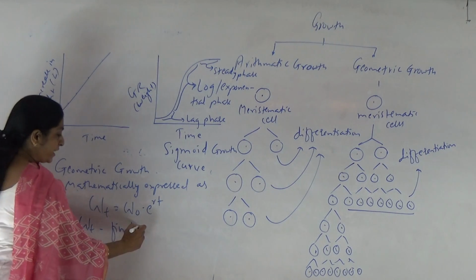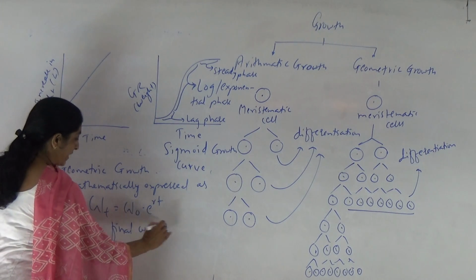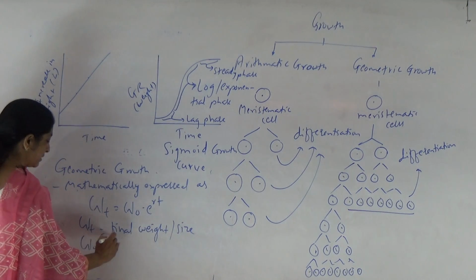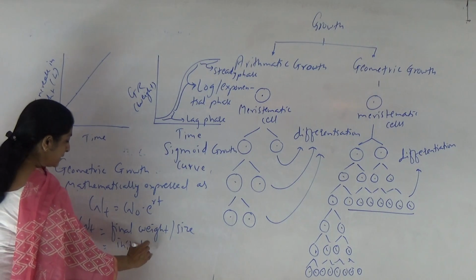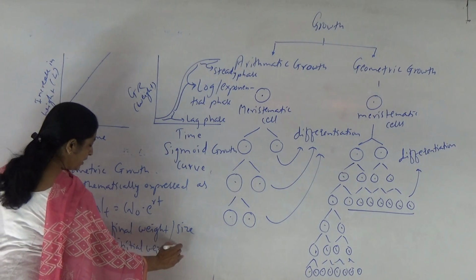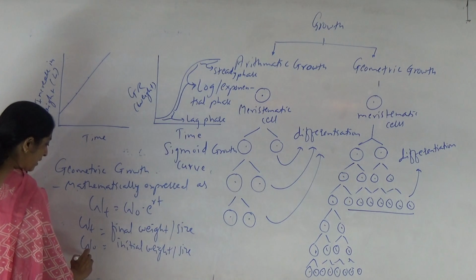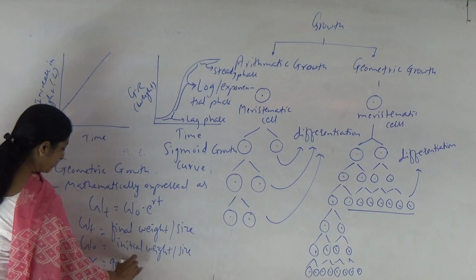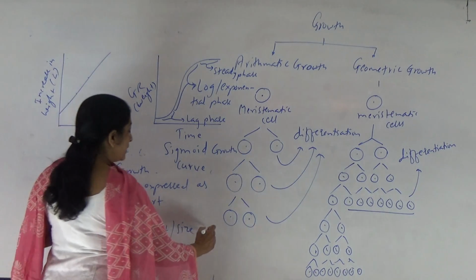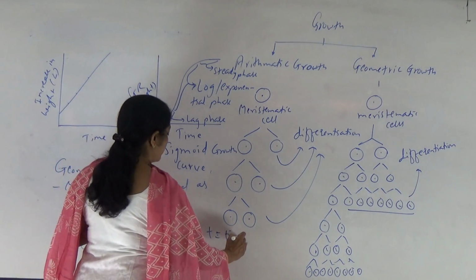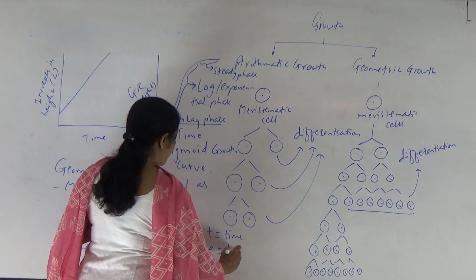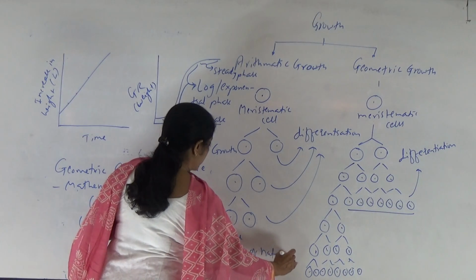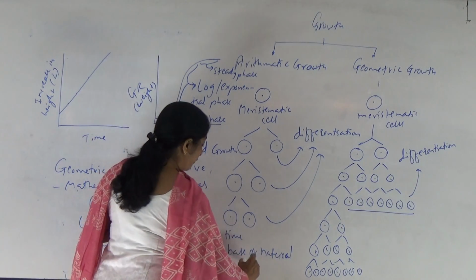Here growth is measured in terms of weight, hence it is final weight or size, right? Then W0 means initial weight or size. R means growth rate, right? T means time and e means the base of natural logarithm, or natural base of logarithm,